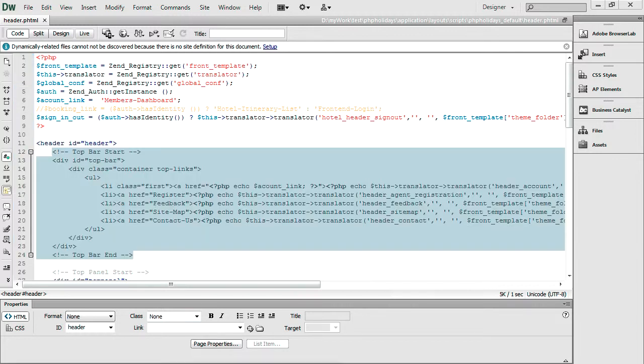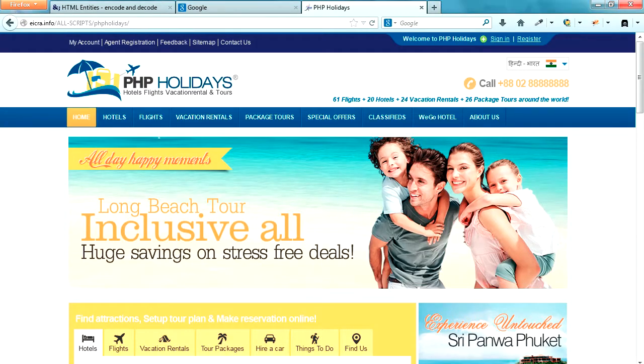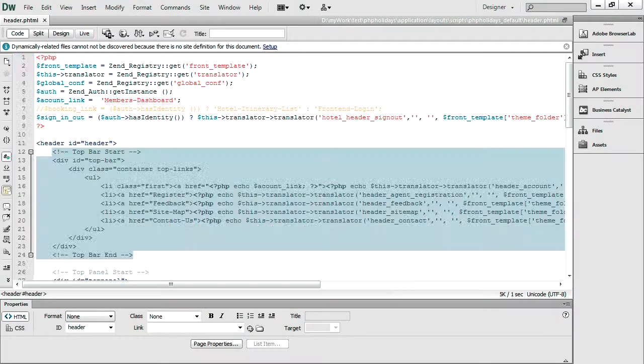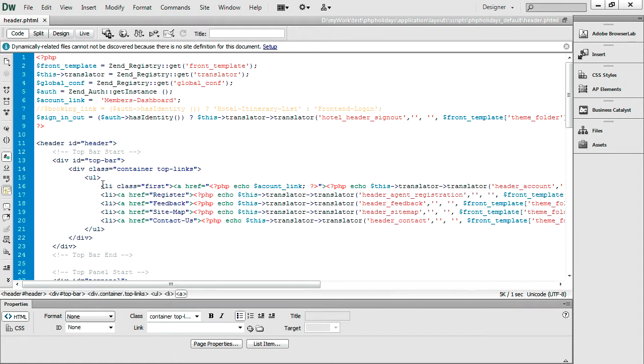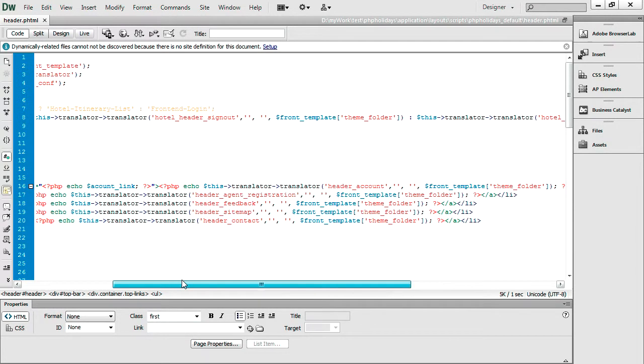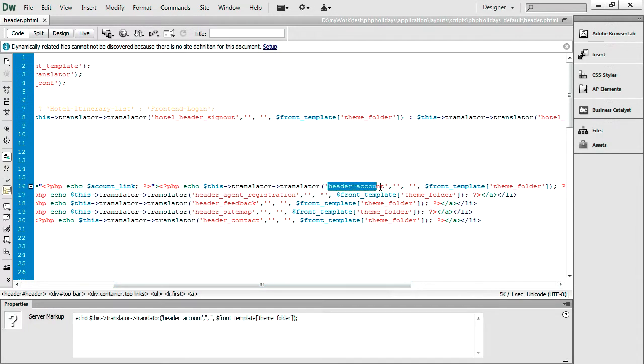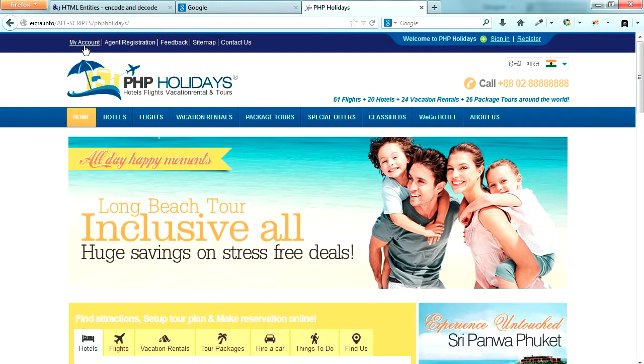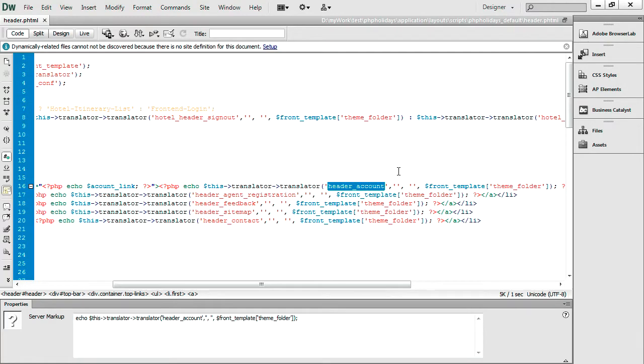Let us show what we mean by the top bar. This one is the top bar. It resides at the topmost part of your website. On the top bar there is a list, and each list item is a link. This is the translation code, and this is what we call the translator variable. This is the variable we use for translating My Account. My Account is a value, and the variable is